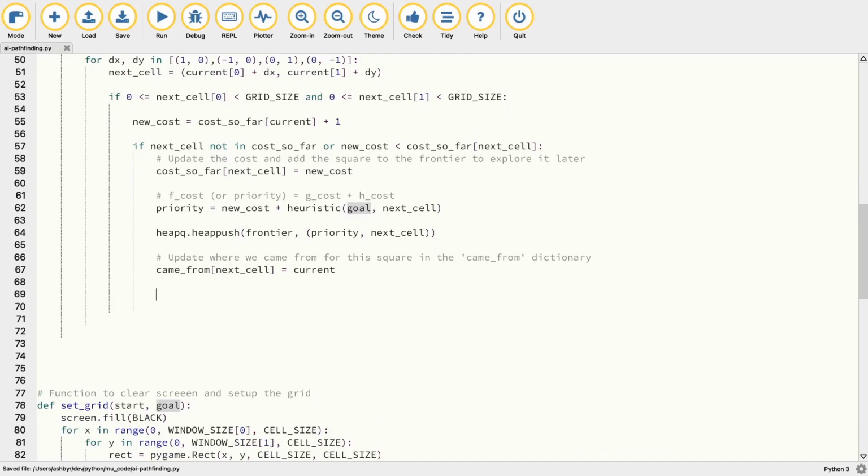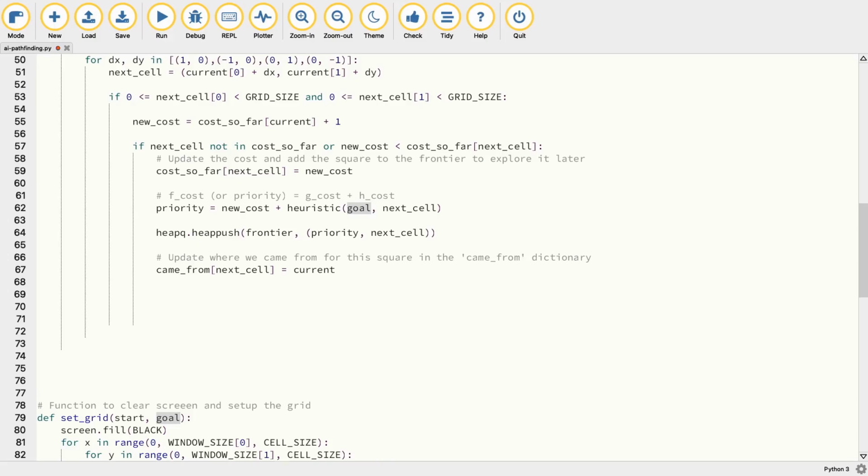All right. Finally, what we want to do is color in the squares with yellow to show that this next cell is a candidate for the best path. Again, this is just to observe what's going on when we're running the code. We're going to say pygame.draw.rect(screen,